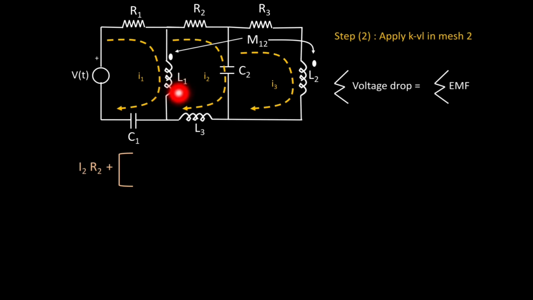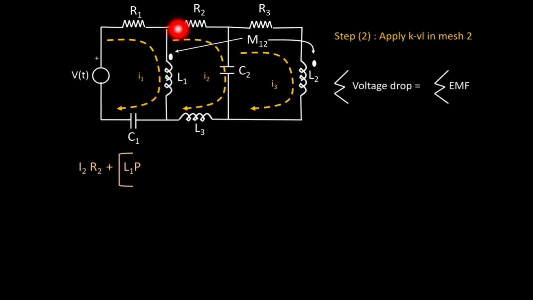So L1 is here, so we will convert it into ohms, so it will be L1P. Now the current flowing through this L1. How many currents are flowing through this L1? I1 as well as I2, and the direction is opposite. I1 is flowing like this and I2 is flowing like this. So the direction is exactly opposite. The total current is I1 minus I2 or I2 minus I1.